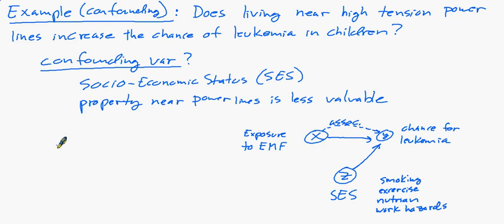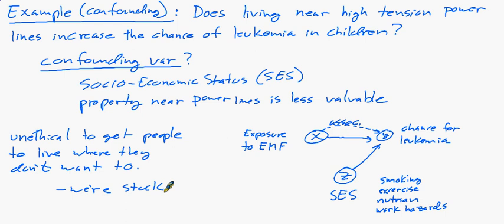What we need is people of a variety of socioeconomic statuses to move near high-tension power lines, and then we can study them. Well, asking people to do things that they wouldn't want to do, forcing them in some way or coercing them in some way, is actually unethical. We can't really experiment on humans quite like that. So we're kind of stuck in a way,